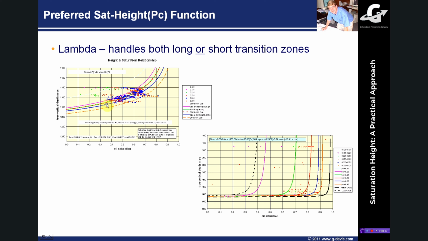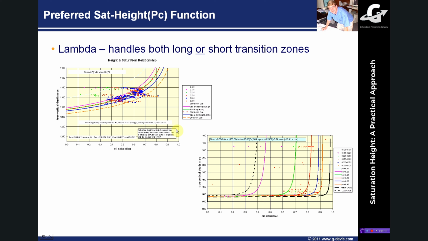So in this first example, you can see that it's a low relief structure and the oil saturation is primarily within the transition zone. It never really gets to a good irreducible water saturation, and you can see that the lambda function mathematically can cope quite well with this long, lazy transition zone. Also, in this example here, you can see that it can cope reasonably well with short and sharp transition zones, where the rock quality is good. As soon as you get above the free water level, the rock desaturates, lets a lot of oil in, and it suddenly turns quite quickly through here. In fact, I have got examples where it actually virtually turns through right angles.